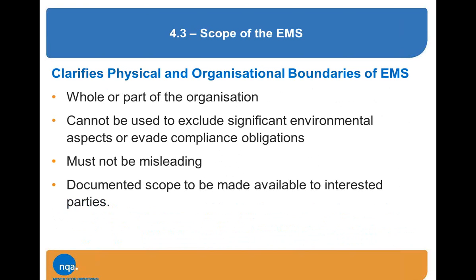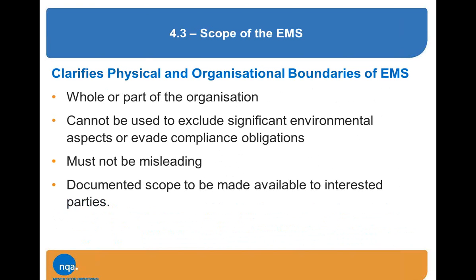So if you know that you've got a part of the site that you're not happy with, in fact, you might be embarrassed about, you can't draw a line around that and say, well, we'll ignore that bit. The scope mustn't be misleading, so the wording of the scope must reflect exactly what we're talking about. So if, for instance, you have chosen one manufacturing site, maybe out of 7 or 8 that you've got, you cannot claim that the certification covers the whole organisation. You would have to say it would cover the activities of XYZ company at its Manchester site or Liverpool site